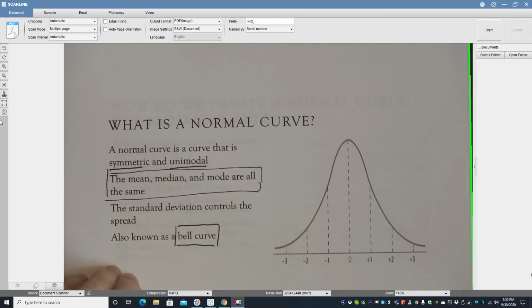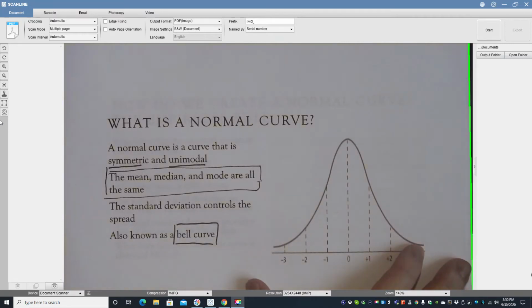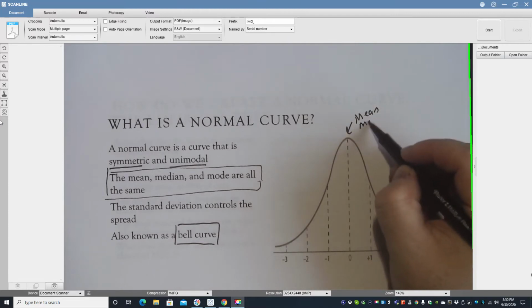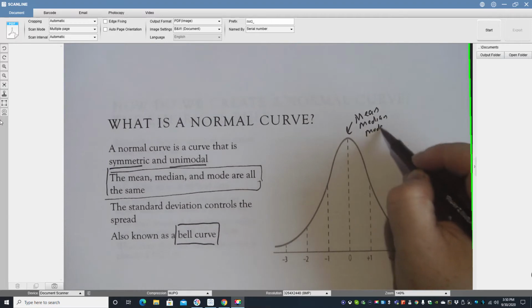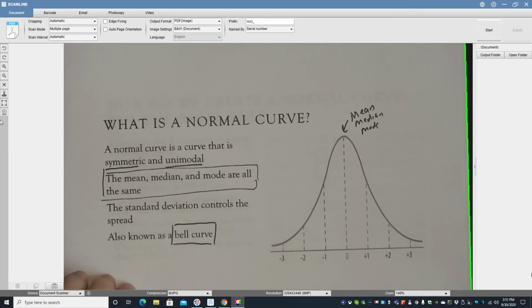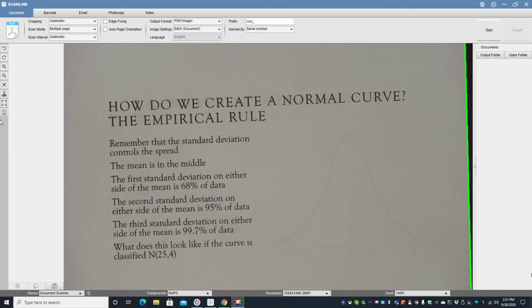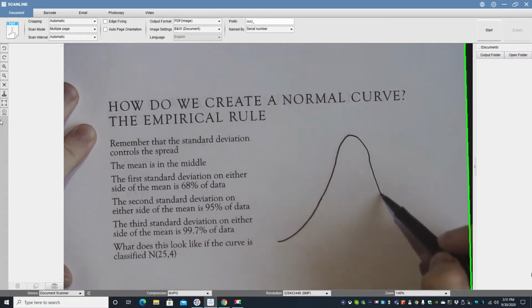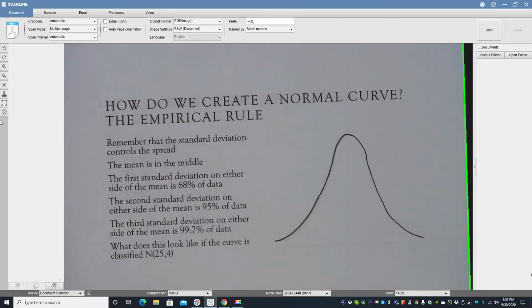Okay, so that's kind of the brass tacks of it. This is what a normal curve is. It looks like this. It's a bell curve. The mean, the median, and the mode are all in the middle, and the standard deviation is basically what controls the flow of all this. So what's important about it? Well, this is where we break into what's called the empirical rule. I'm going to go ahead and draw another bell curve right here. And so, how does this empirical rule work? Well, we also call this empirical rule the